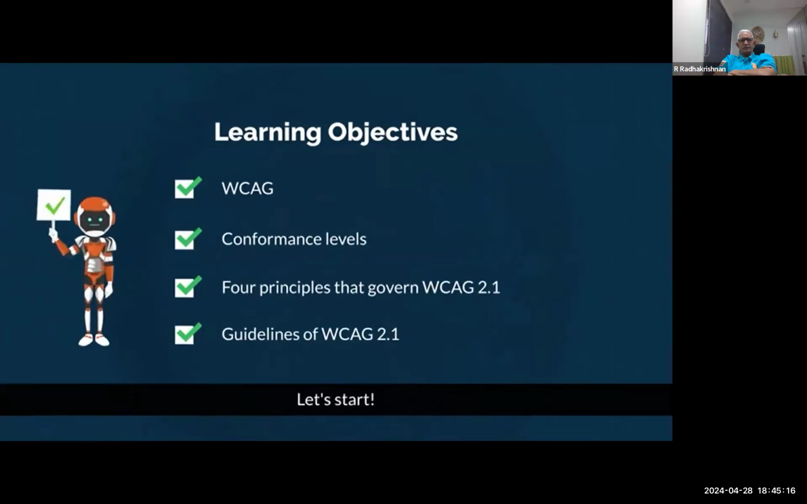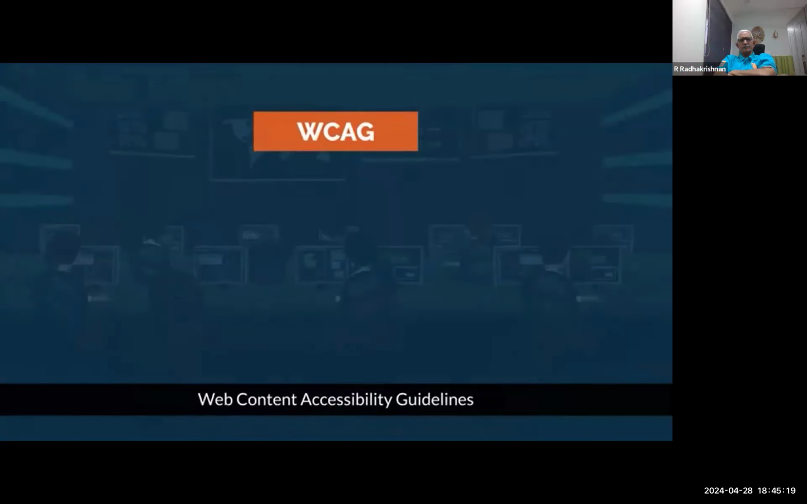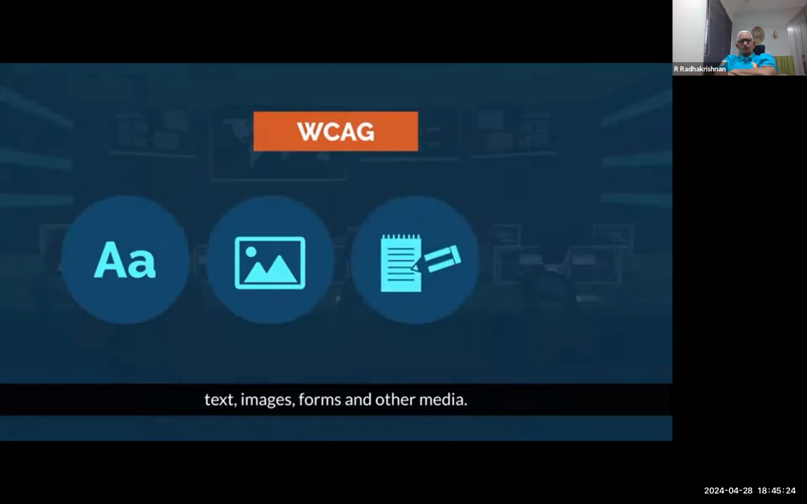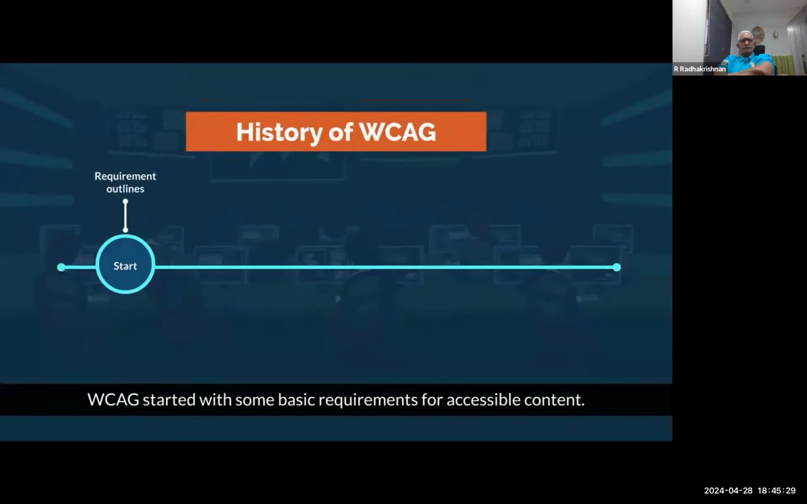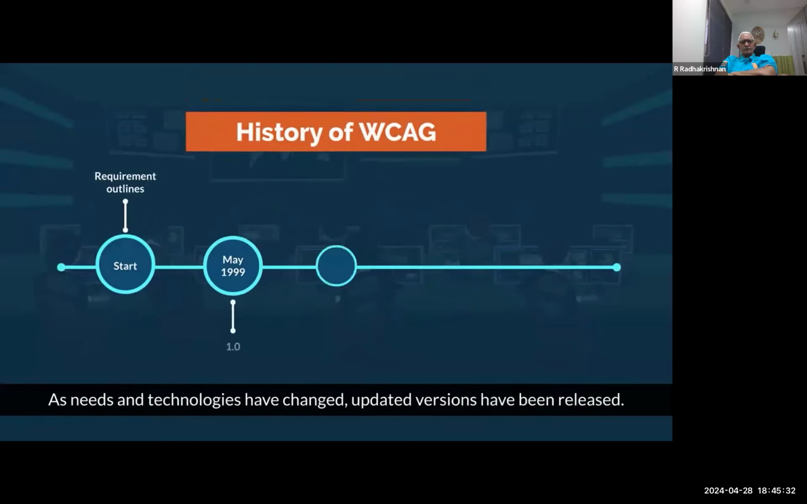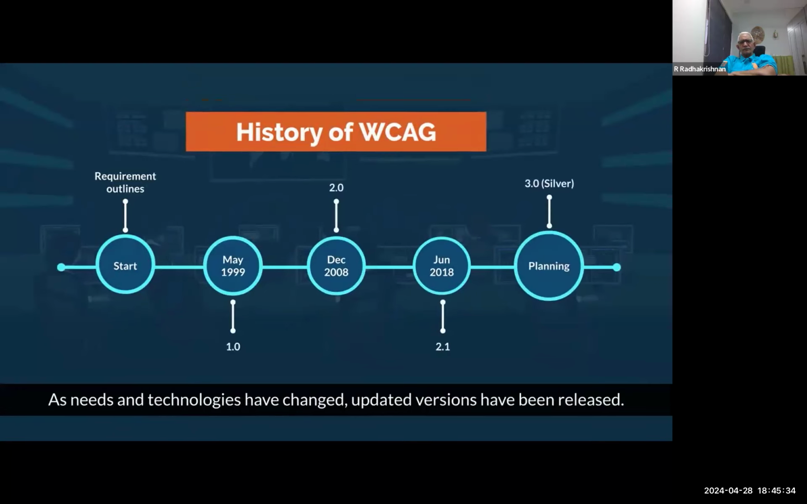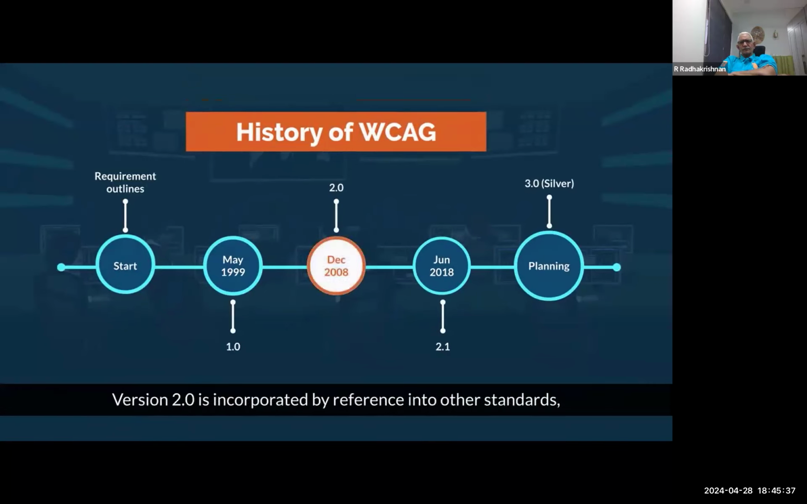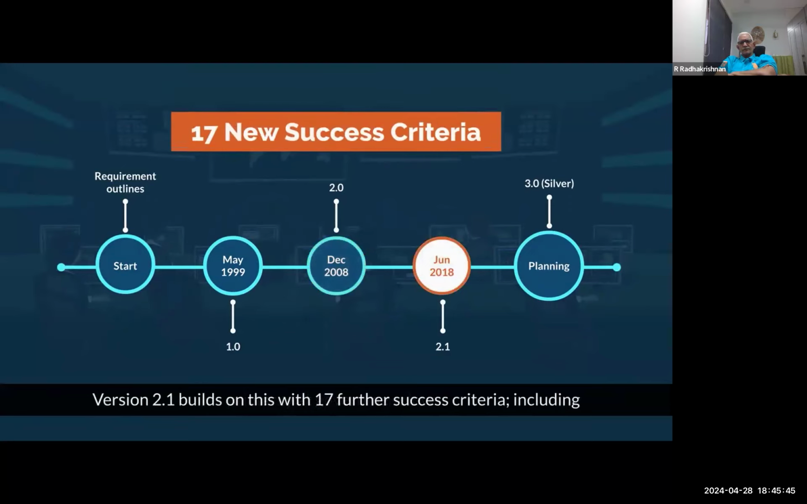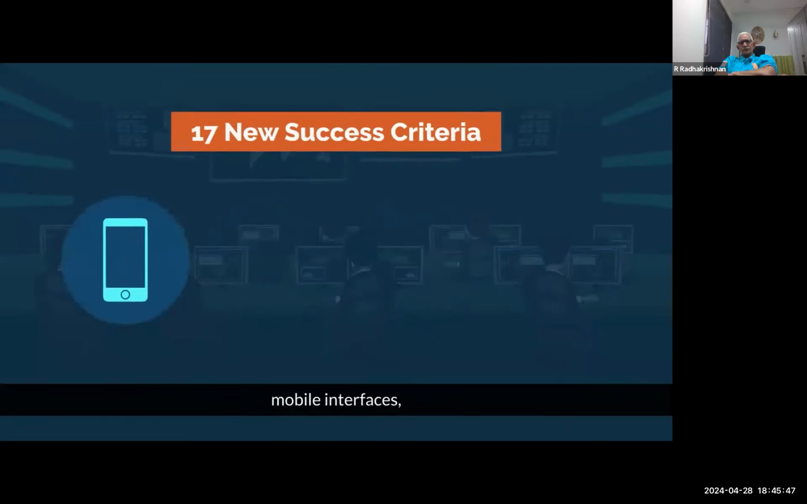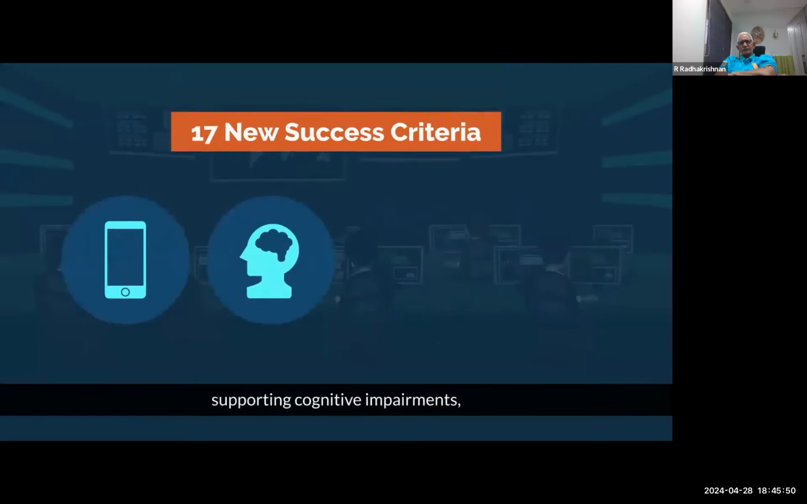Let's start. Web Content Accessibility Guidelines cover the information in a website, including text, images, forms, and other media. WCAG started out as some basic requirements for accessible content. As needs and technologies have changed, updated versions have been released. Version 2.0 is incorporated by reference into many other standards, primarily at government level. Version 2.1 builds on this with 17 further success criteria, including mobile interfaces, supporting cognitive impairments, responsive design, and supporting